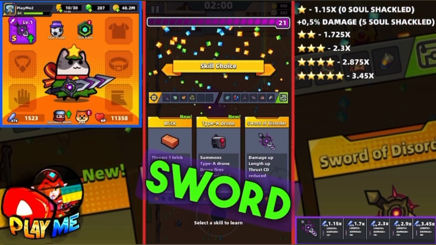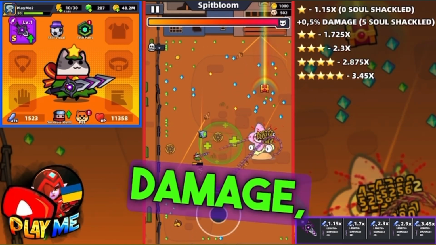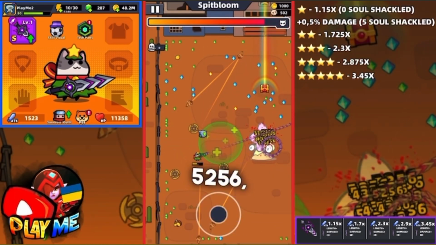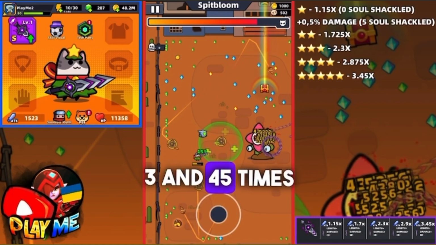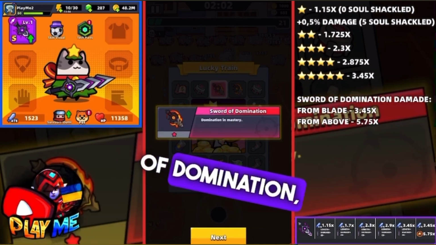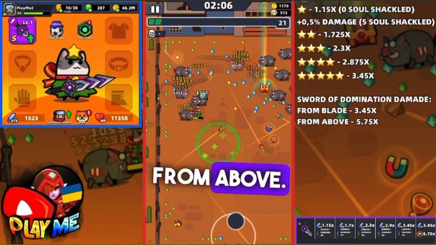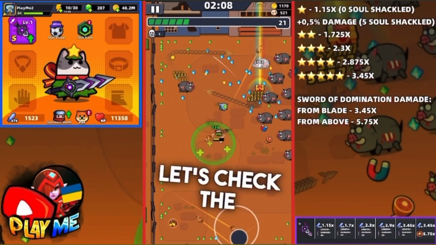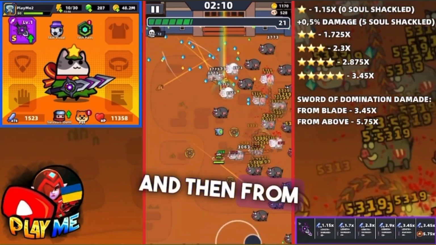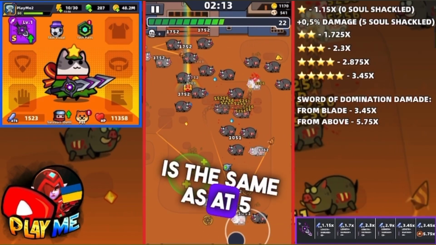Now, let's check the Sword of Disorder at 5 stars. And here you can see the new damage, 5256, which is 3.45 times higher than my attack. When you make the Sword of Domination, besides this snake blade, we'll have swords falling from above. At first, let's check the damage of that snake blade and then of the falling swords. As you can see guys, the damage is the same as at 5 stars,